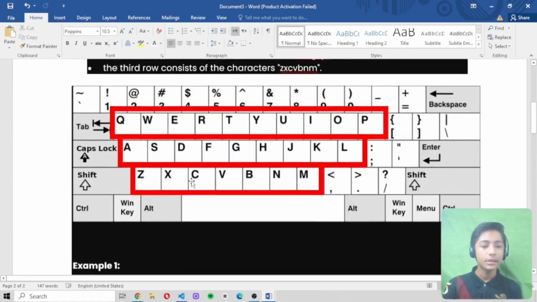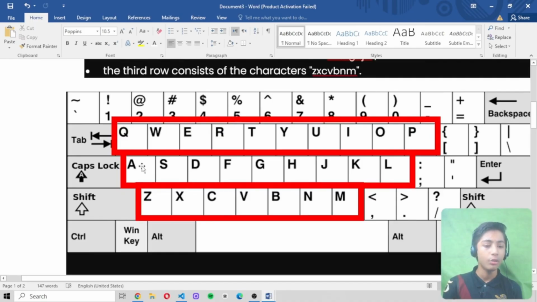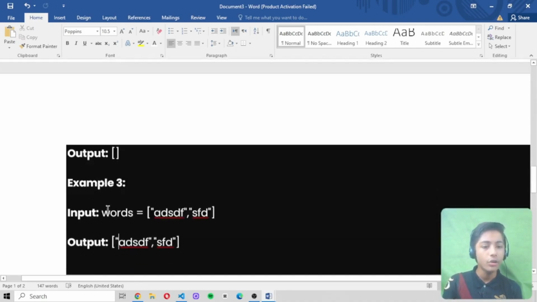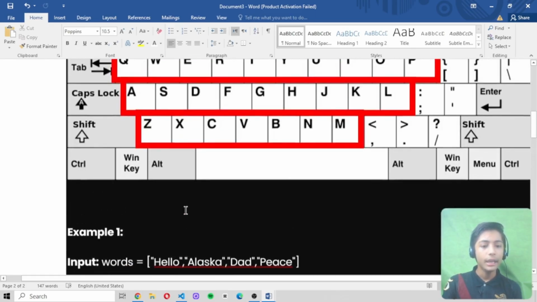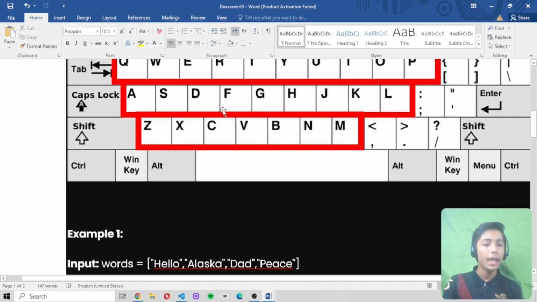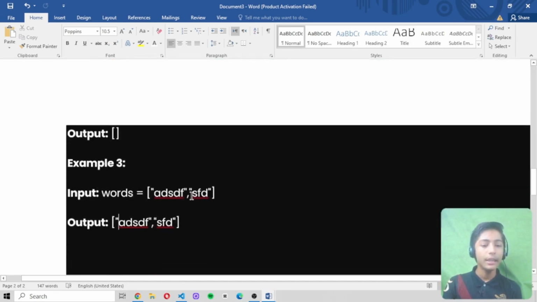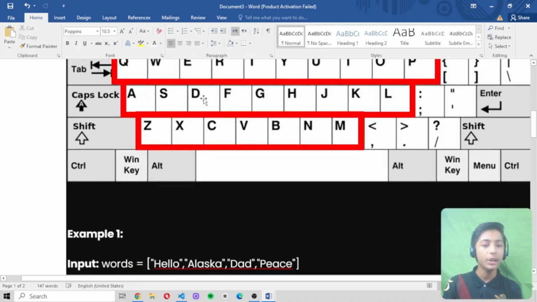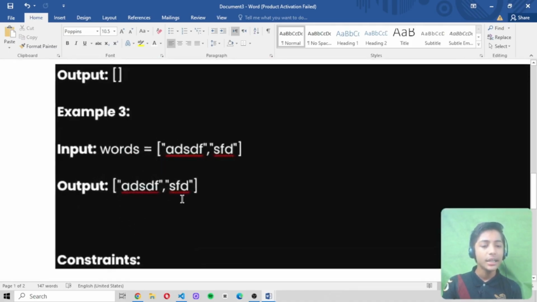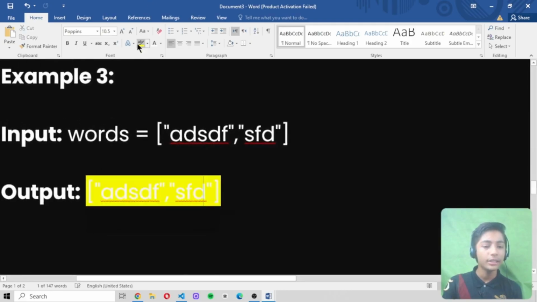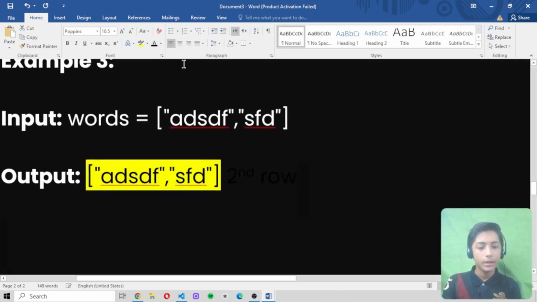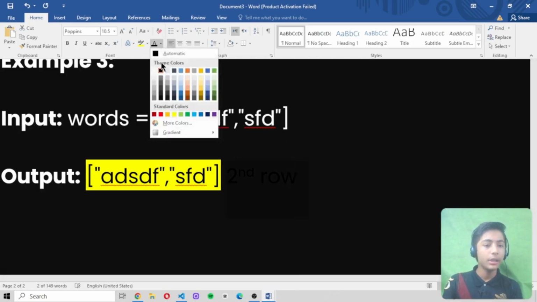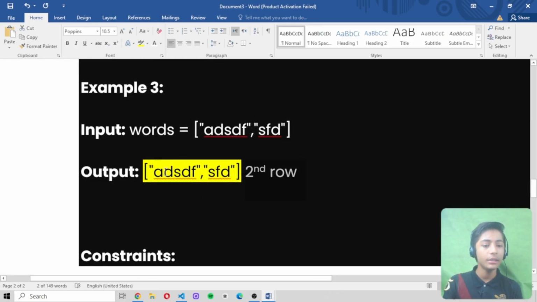Because A and S are both in the second row, and D is also in the second row, and F is also in the second row. All of these letters are in the second row, so that's why the output comes like this.